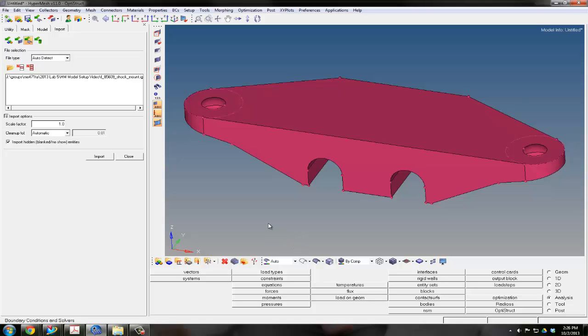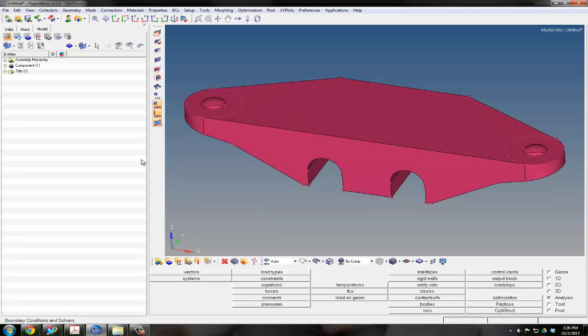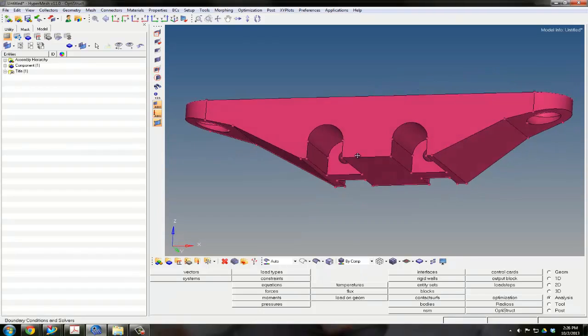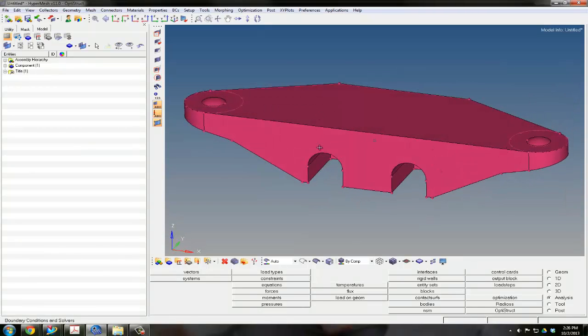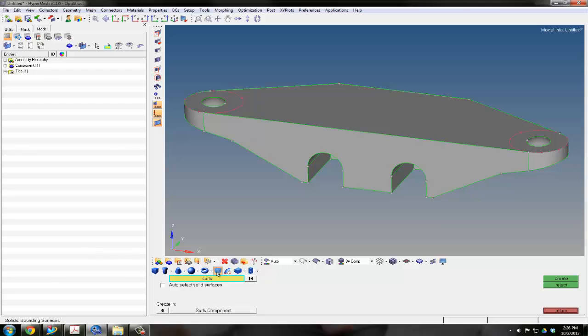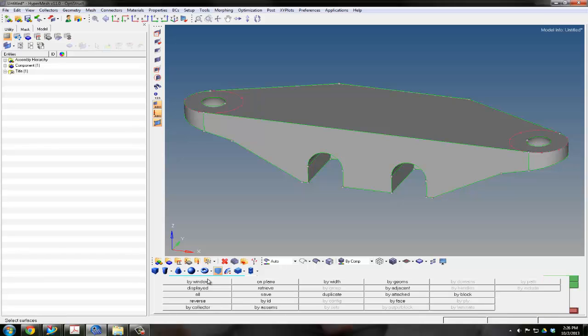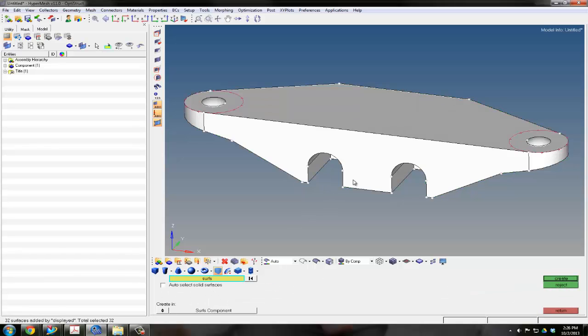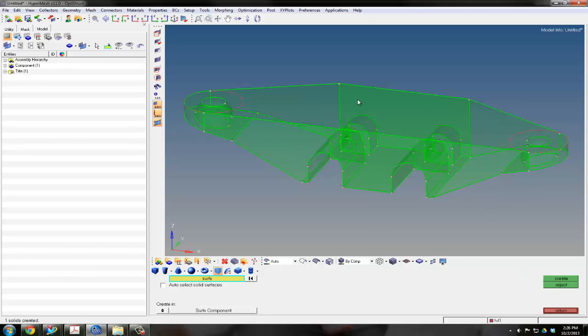So now what we're going to do is we are going to get this geometry ready to mesh. So right now it actually brought it in as surfaces, not as a solid, and then it has these lines here. So we're going to make a solid out of the surfaces. You can do that through the geometry, and then solids right here. And then this one right here is bounding surfaces. So we select what bounding surfaces we want, and it'll create a solid in between. So surfaces, I'm just going to say displayed. So it'll grab all the displayed surfaces, hit create, and there now we've created a solid